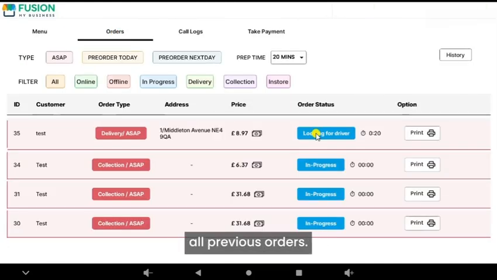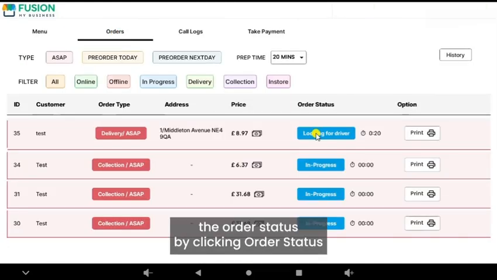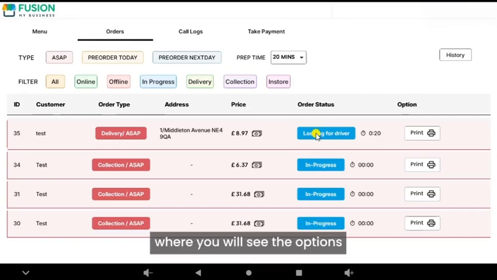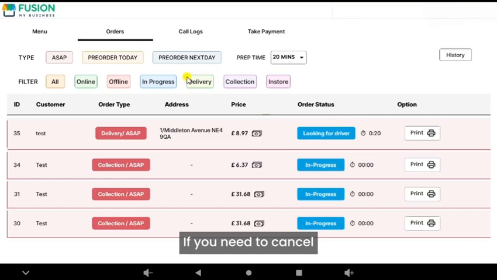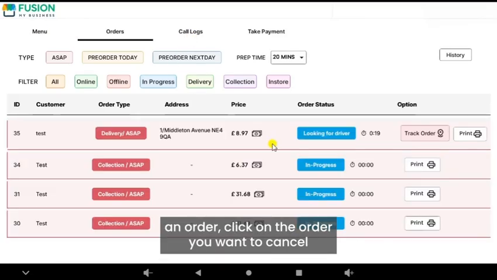to view all previous orders, and you can also check the order status by clicking Order Status, where you will see the options In Progress and Ready. If the driver has arrived, click Ready to notify the customer that their order is ready, but now do not mark it as ready. If you need to cancel an order, click on the order you want to cancel, and